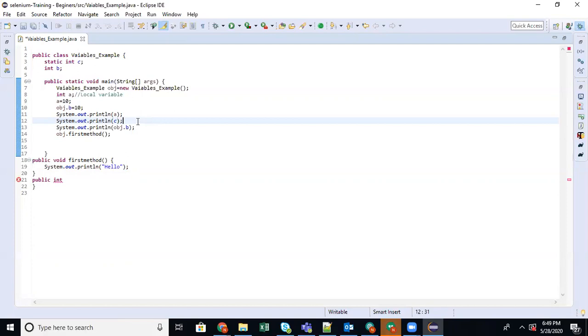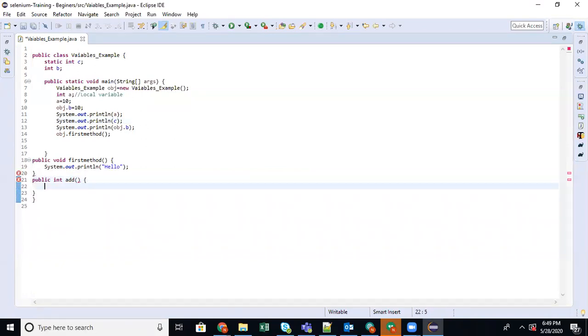So, if I want to return a number, then in the place of void, I have to give the type as an int. Now see, add is the method name. I'm just having two local variables with values, and I'm adding them.